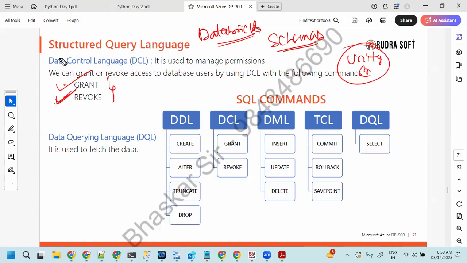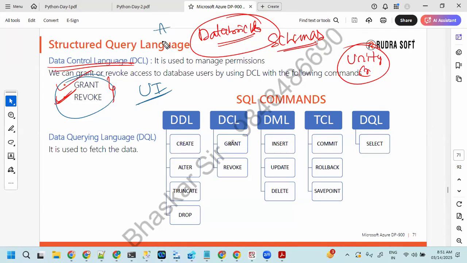The way we give access in databases and SQL Servers, in a similar way we also give access at the Databricks level. Databricks has a UI also. By using the UI, without writing code, we can provide the access, and by writing the command also, we can give the access. Again, this will be handled by someone else from the team, not by us.